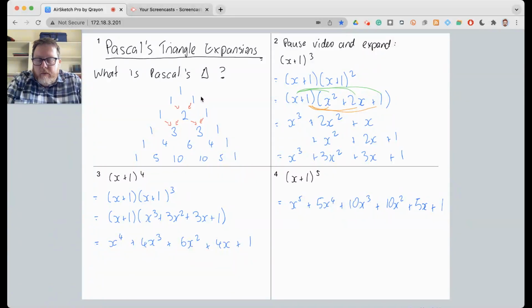See if you can have a look at these expressions here and how it might relate to Pascal's triangle. Pause the video if you need to. You may have seen that the numbers that form part of these terms, the one here that's implied, 3, 3, 1, the one that's implied here, 1, 4, 6, 4, 1, 1, 5, 10, 10, 5, 1, are actually numbers